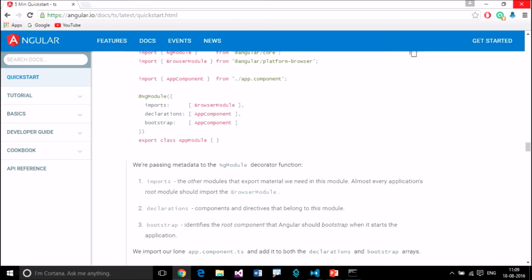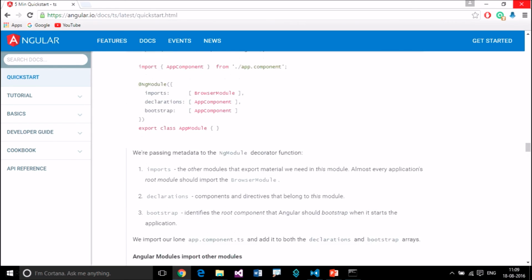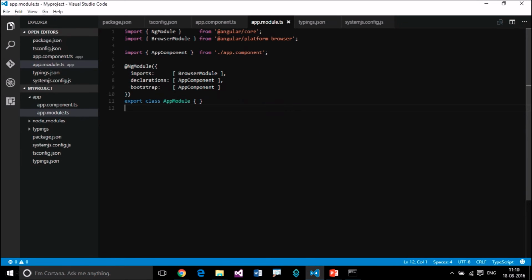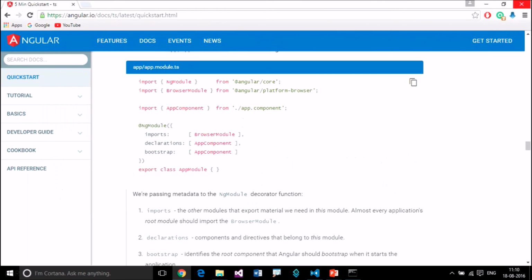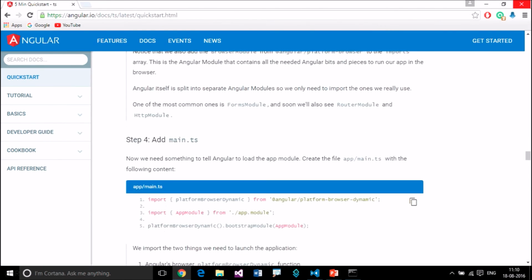So this is the explanation for the components above we used. Okay, this is it. Then the next step, main.ts.